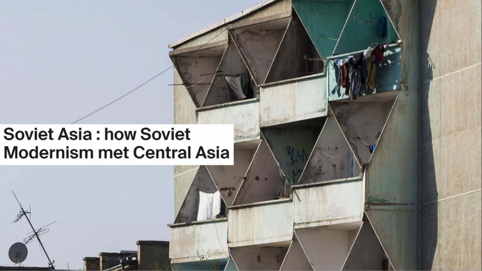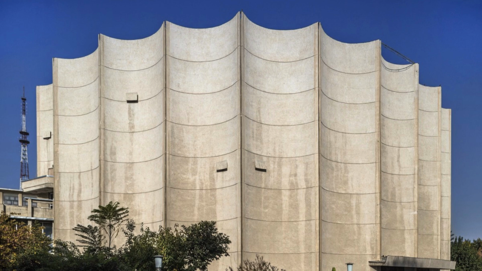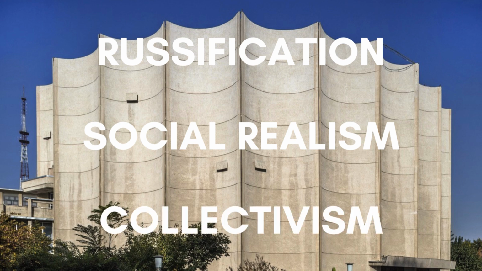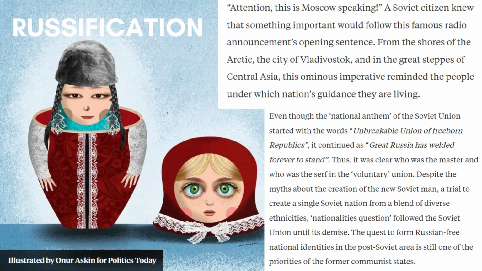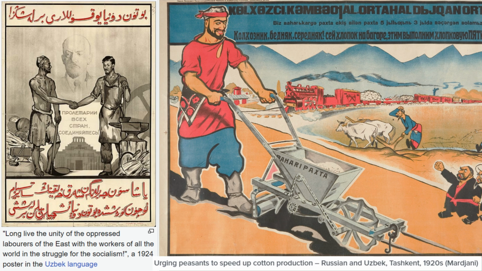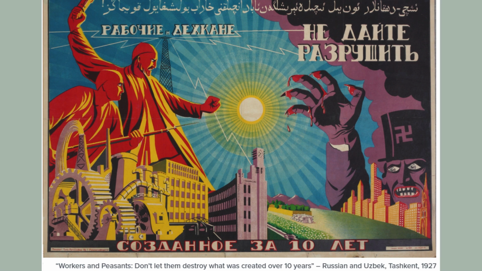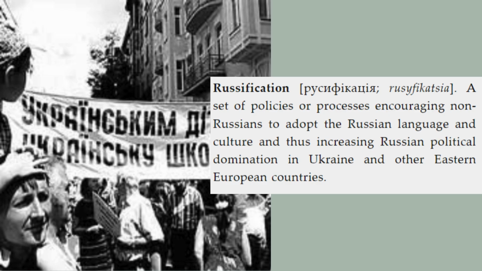So let's get into the topic of the Soviet influence on urban planning. The main themes that run through the countries in terms of their urban planning are Russification, social realism, and collectivism. And we'll get into the specifics now. Russification. Urban planning often included elements of Russification, which is promoting the Russian language and culture alongside local traditions. As part of their propaganda efforts, the Russian language was used to permeate all areas of life in order to